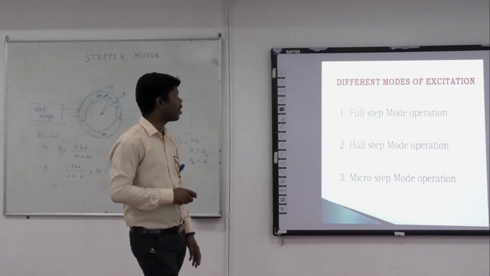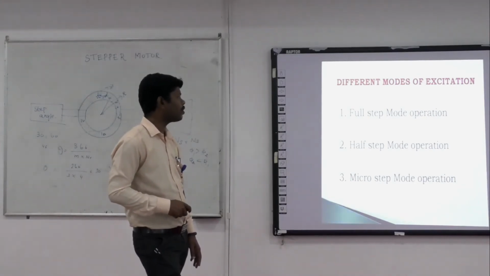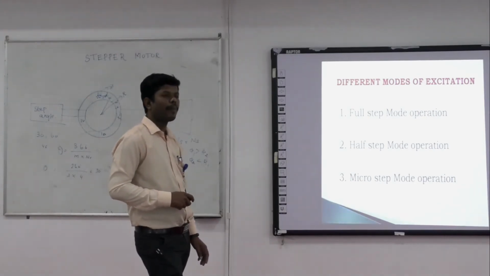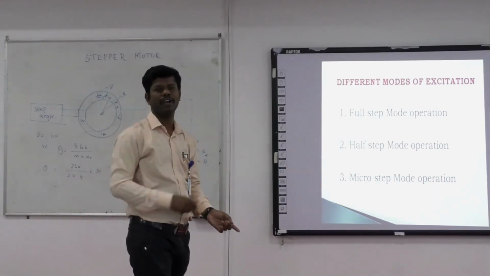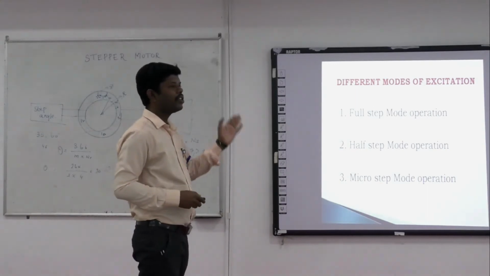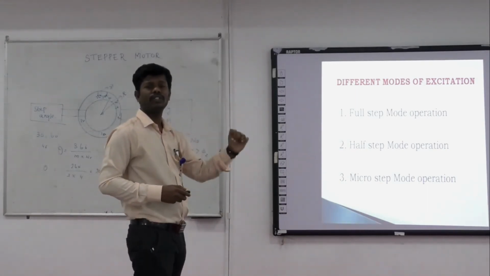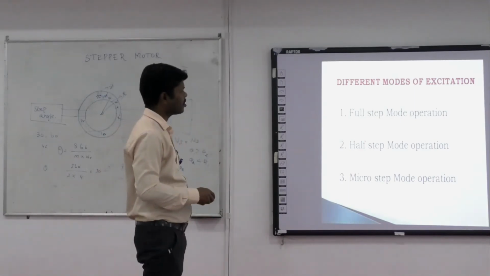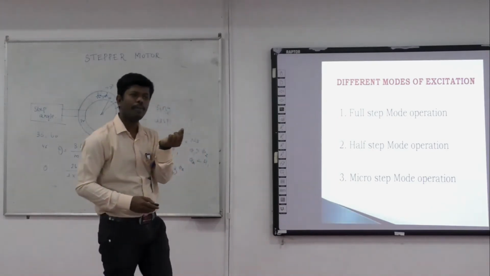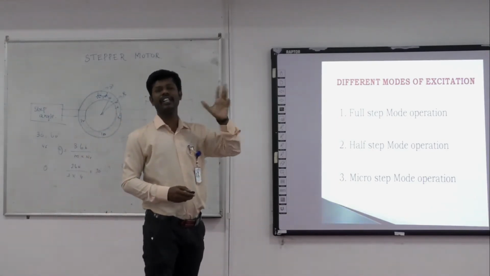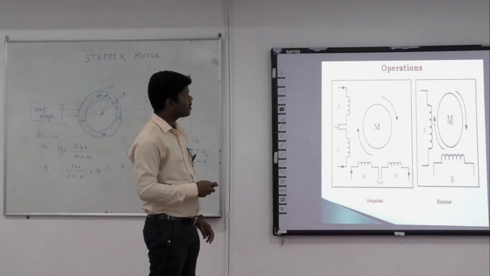One is full step mode of operation, second is half step mode of operation, third one is micro stepping mode of operation. Full step operation means 0 like that, continuous fully cycled rotating for our system. Half step means 0 to 90, 90 to 180, 180 to 270, 270 to 360. That operation is called a half step operation. Micro stepping means minimum angle, 0 to 0.7 degree, 1 degree, 2 degree, 3 degree running for our micro stepping modes of operation. This is called an operation mode.